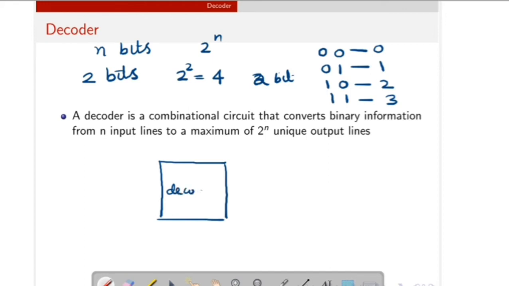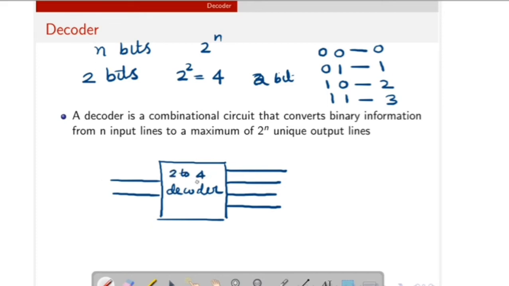This decoder has 2 inputs and 4 outputs, so this is actually a 2 to 4 decoder, because it has 2 inputs and 4 outputs. Depending upon the input, this decoder selects only one of the outputs from the 4 outputs.